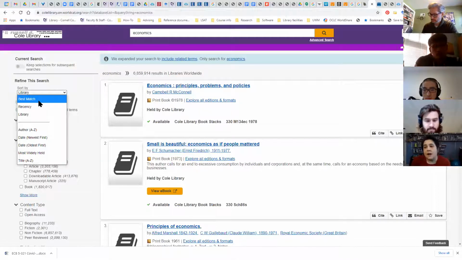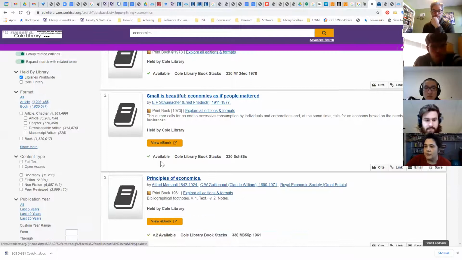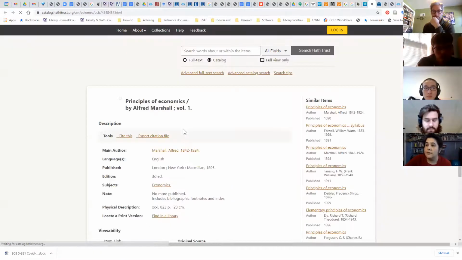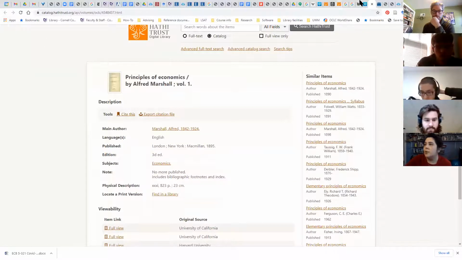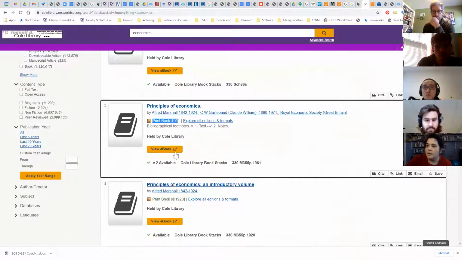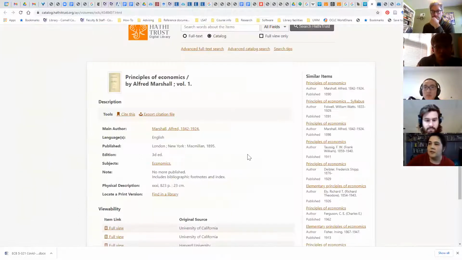A lot of these are ebooks though. The library has probably at least 3 times as many ebooks as physical books now. And so you'll see that with these links here, you can just go directly and view the books. Now, this is the other thing. There are even more ebooks available right now than there have been in the past. Because actually this one says we own the print book, but you can get the ebook through HathiTrust.